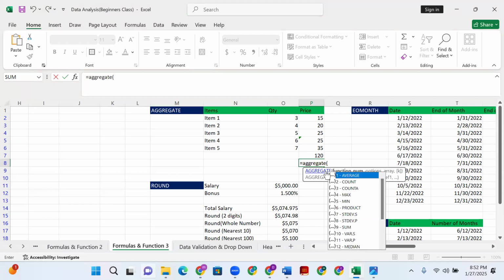Open bracket. Now, in aggregate, what you want to do matters. So what do you want to do and the likes? For here, I am summing everything up. That means my aggregate is 9. So equals aggregate 9,